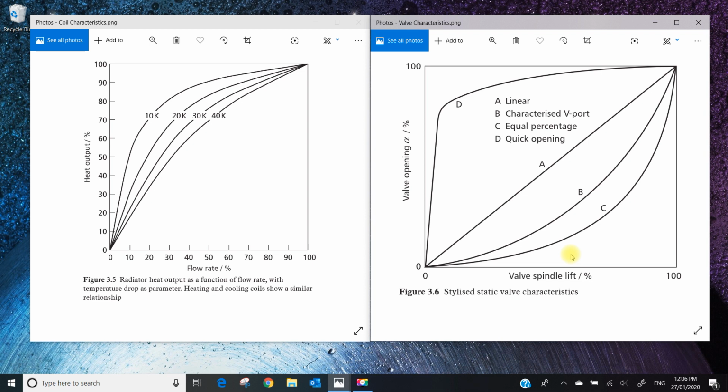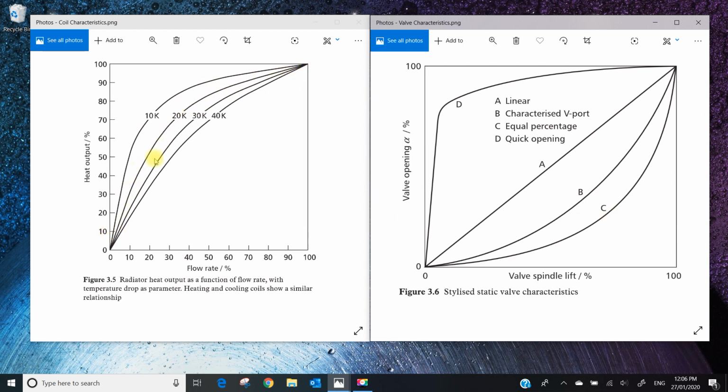So just park chilled beams are a special case. Fan coil, heating cooling valves, VAV, hot water reheat valves. We always use equal percentage valves. Read the data sheet, it always says they're equal percentage. Now, why this is important, and which I'm sure half of you already know, is that when you take this